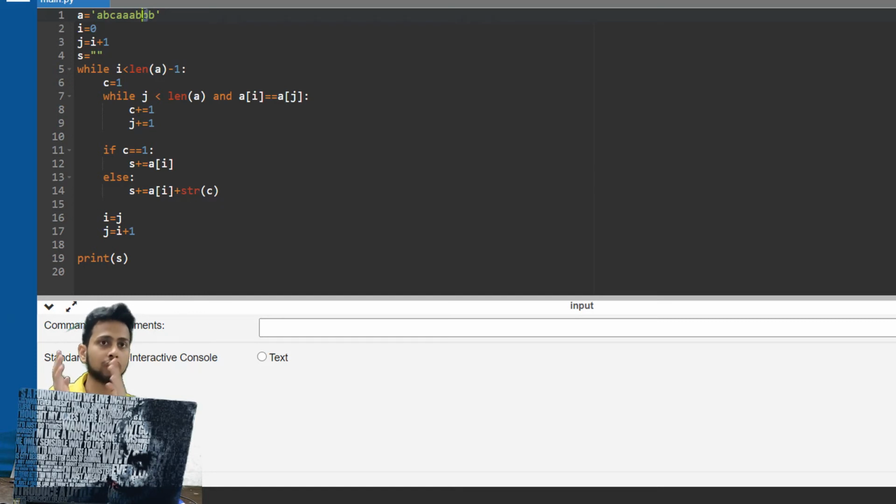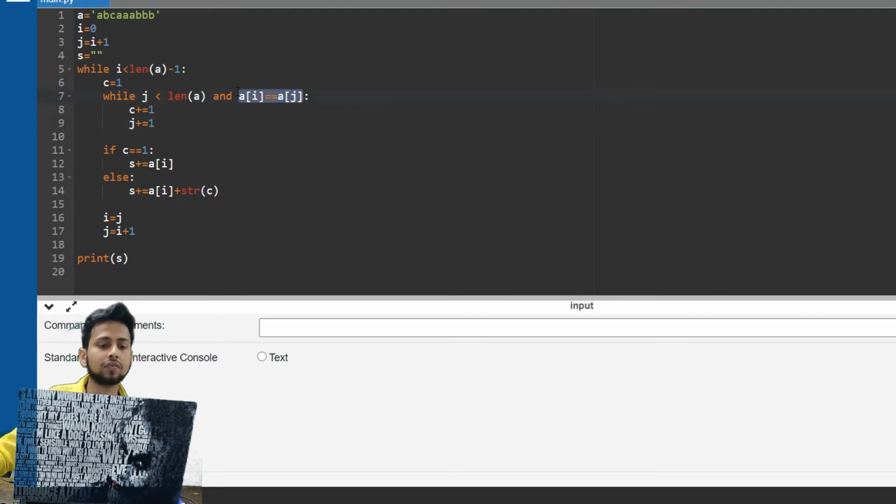That is why we are going one less than the actual element, and we are keeping a check of the count. So every time the elements are matched, which means they occur more than one time, we are simply initializing our count variable. So the count variable is initialized here, and once this condition is matched, we have to check if j is less than len of a, so it should not go out of bounds. We are not going to check after this b, so that is why here we are doing a safety check.